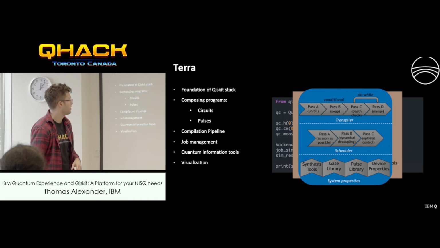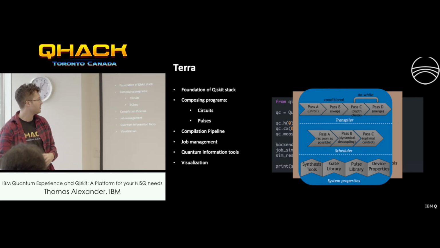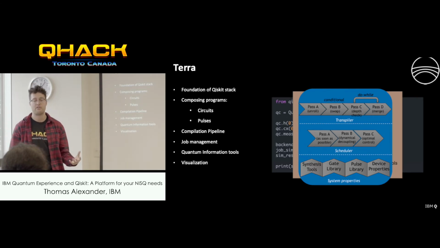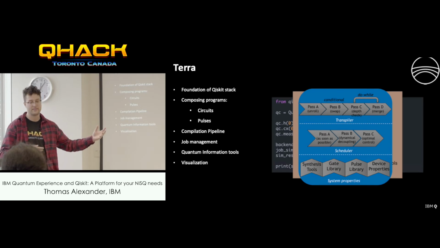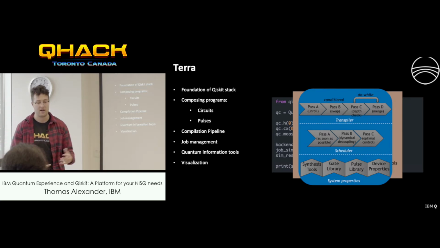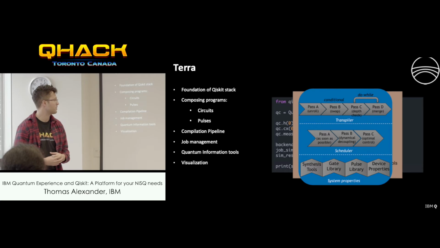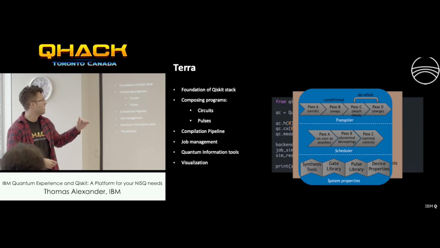And building a circuit in Terra is quite easy. You just initialize a quantum circuit, append gates to it, unitary gates and projective measurements. And then it's designed to be agnostic of hardware, so you can use simulator backends, our own backends through IBM Q, or backends through another provider, such as Alpine Quantum Technologies, which has an ion trap quantum computer that interfaces with Qiskit.